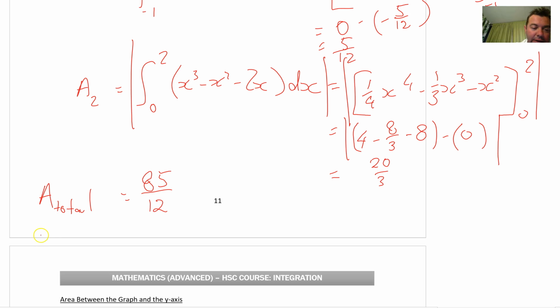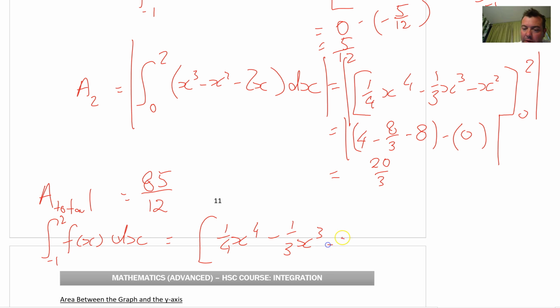between -1 and 2. So I'm just going to say here the integral of, I'm going to take a shortcut, the function f(x) dx, because we've already seen the function back there. From -1 to 2. What happens here is this one, the 1/4 of x to the 4 minus 1/3 of x cubed minus x squared between -1 and 2. What happens when I punch those numbers in? Well, I'm pretty sure what happens is I get -20/3,